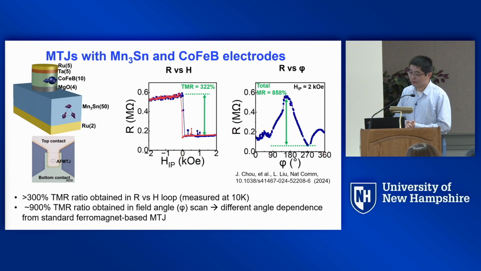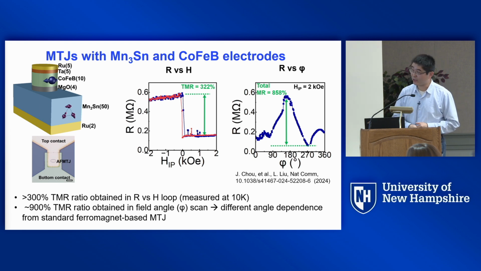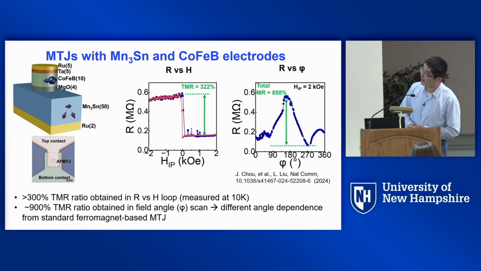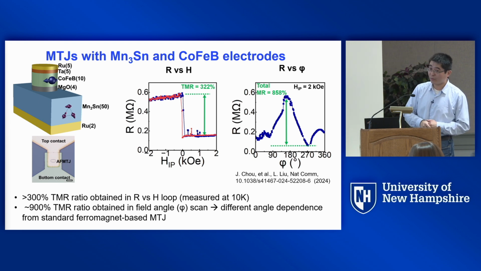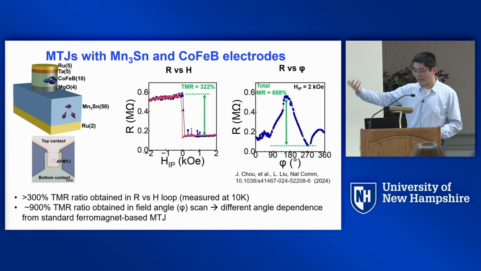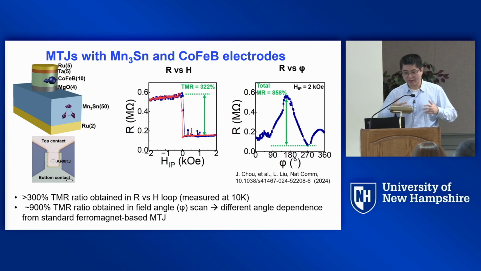Okay, so after you get this stack and do some nanofabrication to define a magnetic tunnel junction, we can start to measure the tunnel magnetoresistance. As shown in this middle figure, there is a finite and actually quite large tunnel magnetoresistance. When we sweep the in-plane field, we flip the orientation of this cobalt boron free layer, and you can see that we get about 300% TMR. This is at low temperature, but it is already comparable to the regular TMR you get from ferromagnetic-only